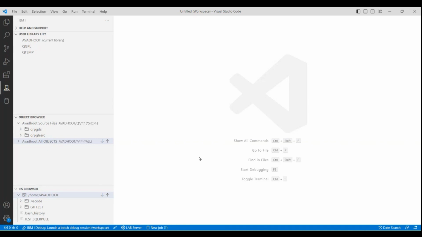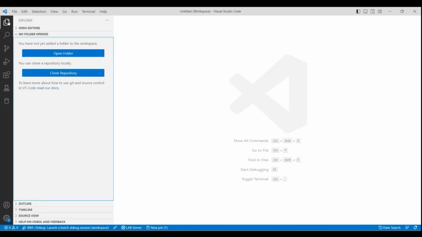So when we open our VS Code, if you look at the left side of the screen, we can see the Explorer. We can click on the Explorer, and here this is our workspace. And here we have one option called open folder. Another one is clone repository. This clone repository we will discuss later when we use Git. So for now, I'll just open a folder,